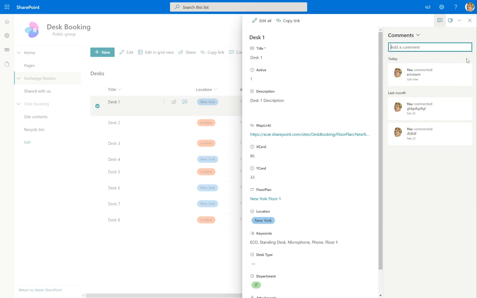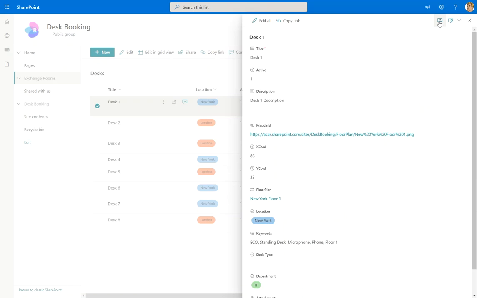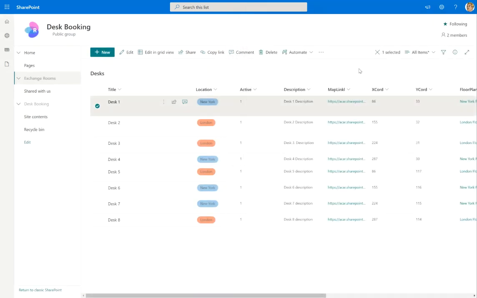So this is an option which comes out of the box, and it can be used if you need. If you don't need it, the administrator can also deactivate the comments functionality in the modern experience. So please ask your administrator. This might be useful, I think, maybe in other lists like desk reservations or room reservations, where the user is able just to add a comment, and this comment information is saved as well with the